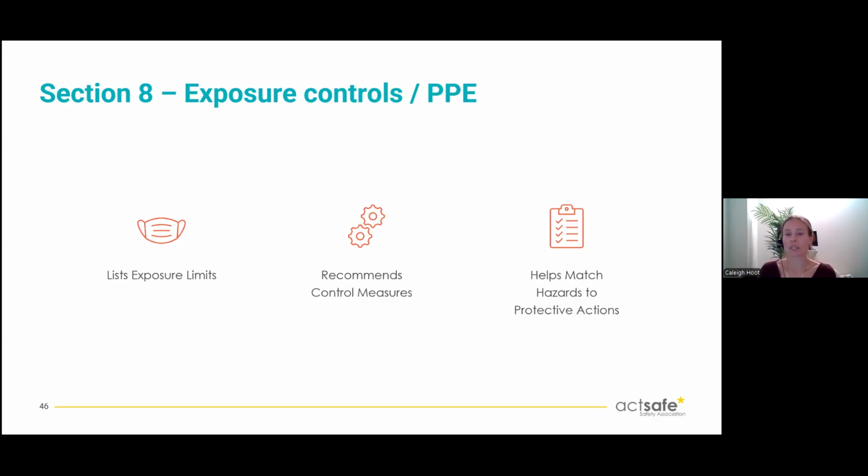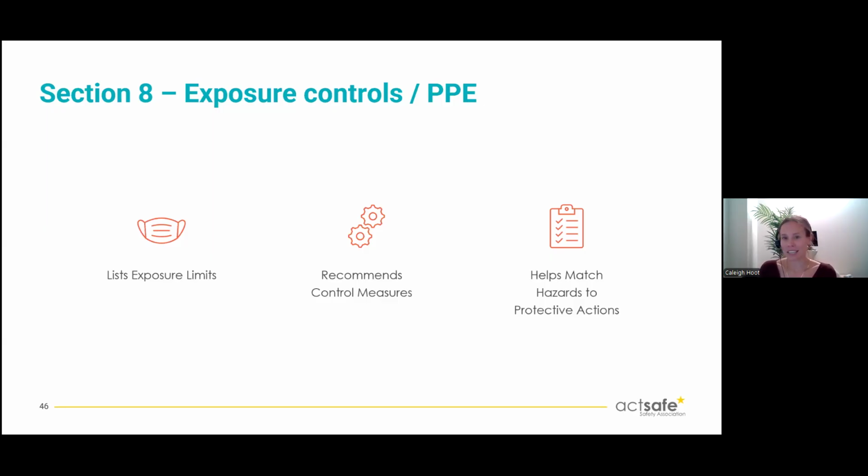And then we have some protective actions. So these describe the specific actions or equipment that you want to use when working with a chemical. So this can be selecting the right respirator, the right gloves, eye protection, just based on the hazard, and then following all your safe handling procedures to reduce any exposure. It's going to directly connect the hazard to the protective measures that you want to implement.